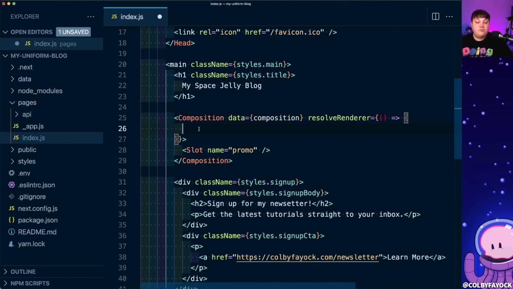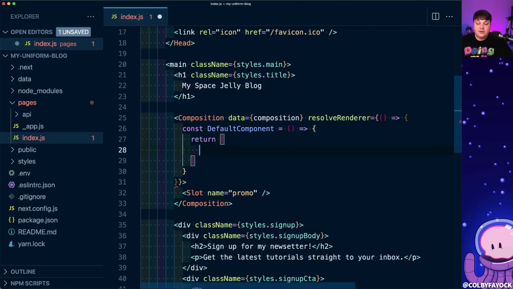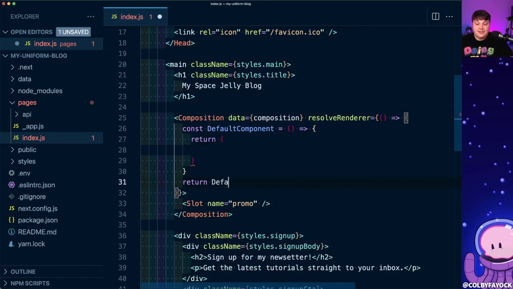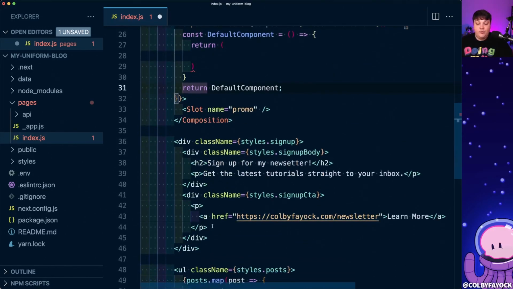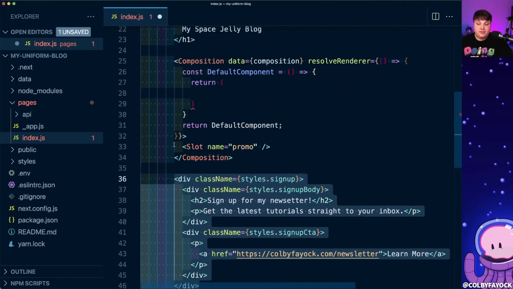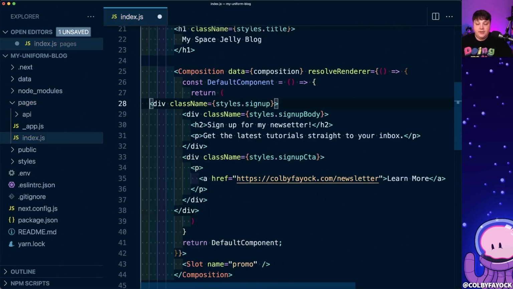Now you'll likely want to reorganize this once you have your system figured out, but for now I'm going to create a new constant called default component, where I'm going to set up just a simple empty component to start, and I'm going to then return that default component. But then I'm going to copy and paste this signup widget directly inside of that new component, and